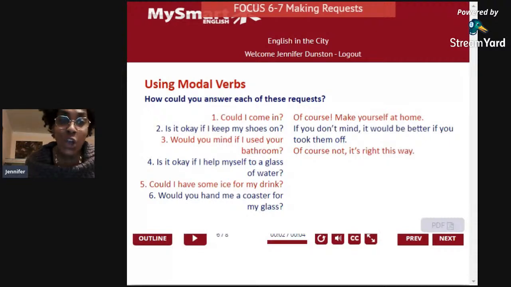So if you're saying no, would you mind if I kept my shoes on? Andrea, excellent. Andrea's saying no, but he says it so sweetly. Would you mind if I used your bathroom? I'm so sorry, but it's out of order. I'm waiting for the plumber. Excellent. Andrea said no, but he said it in such a nice way. Let's look at the next situation.